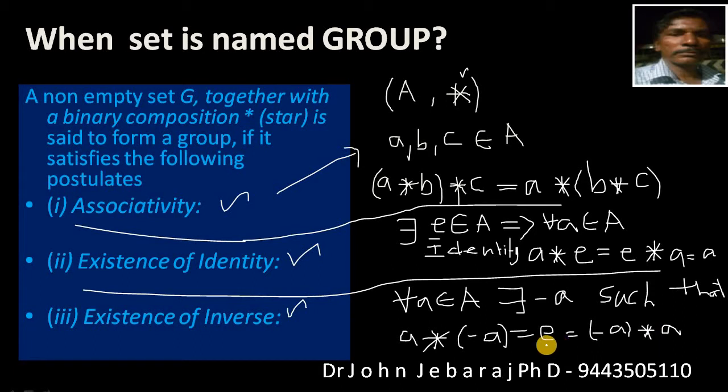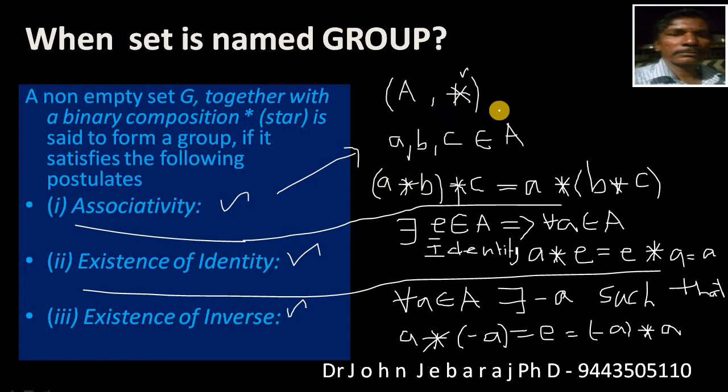If there exists a minus A for each and every A belonging to A, then we say that an inverse exists for A. So for each A, we have a different inverse. You must note that the identity element is unique in any group, but the inverse is different according to the different elements. Okay. Now, if a set exists like this